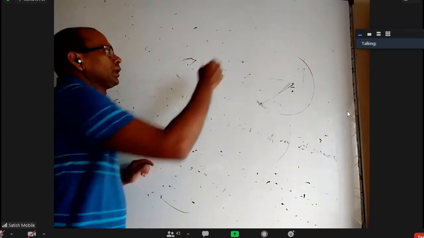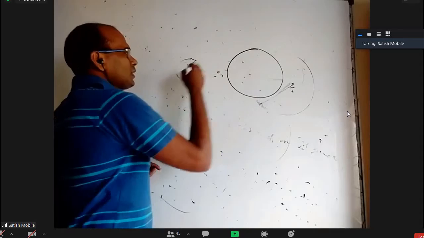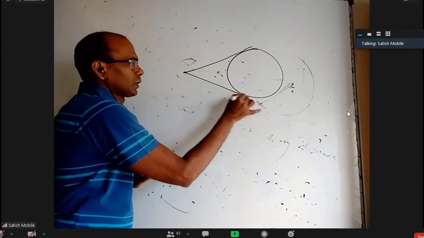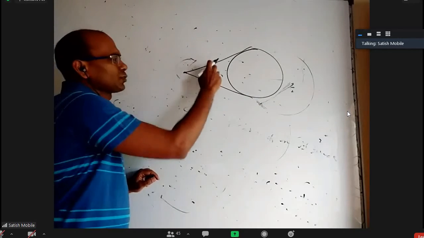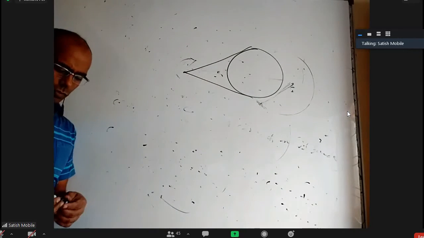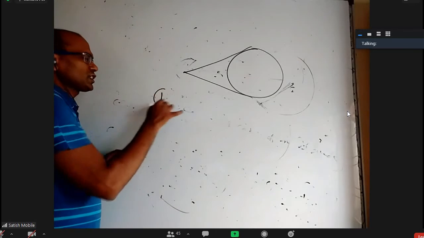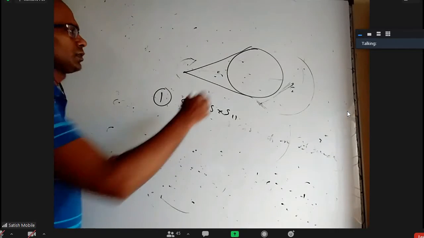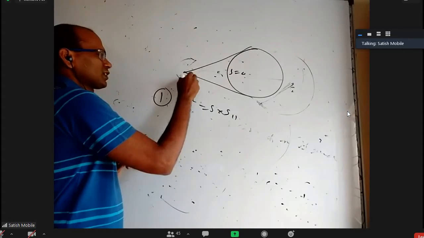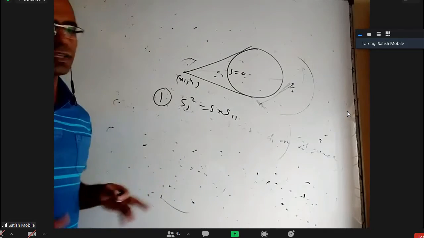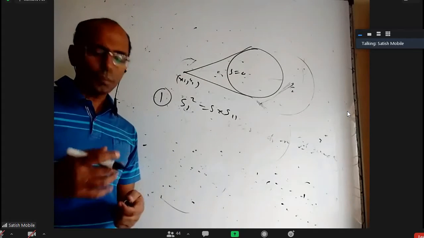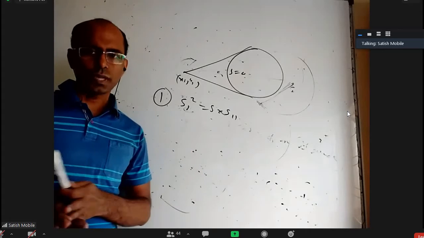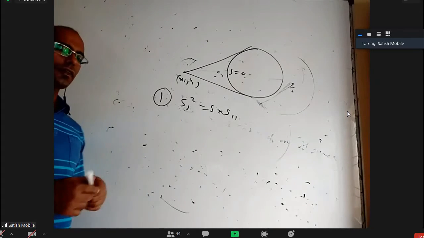Okay. Let us say I have a circle and I have a point outside it. There are two tangents that I can draw. How to find the two separate equations or the combined equation? I want to tell 3 or 4 methods. The first method is S1 squared equals S into S11. Here S equals 0 is the circle and this point is x1, y1. Use this formula, but that will give you the combined equation. In first year pair of straight lines, you learned how to take a pair of straight lines equation and split it into two lines. You can separate them whenever required.